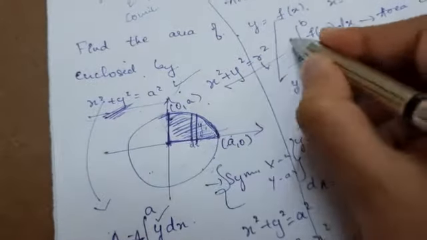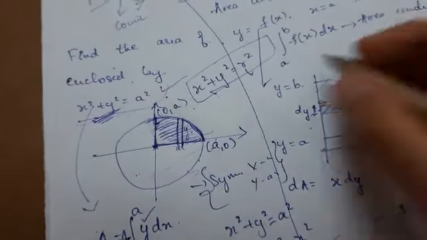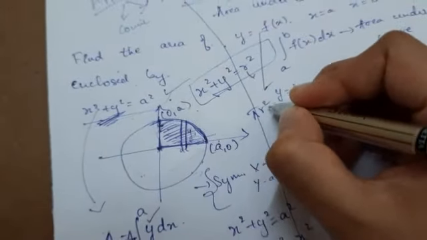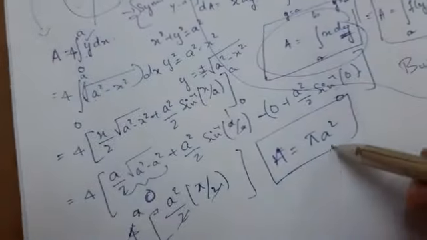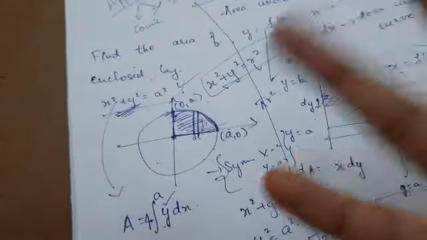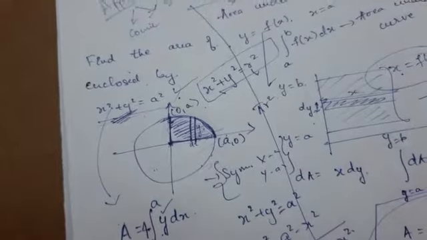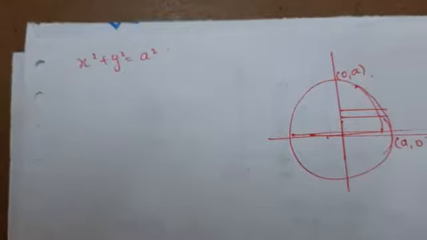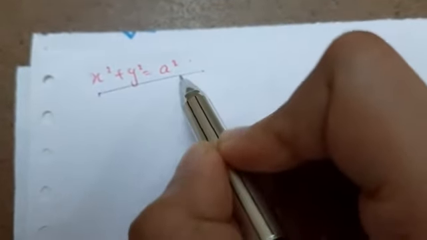So from the elementary classes we came across how we find the area of the circle, and the area of the circle is pi r square, where r is the radius of the circle. Here the radius is a. So we got the area of the circle as pi a square itself. So this is how the application of integrals is used to find the area of the circle. Not only the circle, but also the area of curves which they have given. I am considering the same curve, x square plus y square is equal to a square, and we need to find the area of this curve itself.